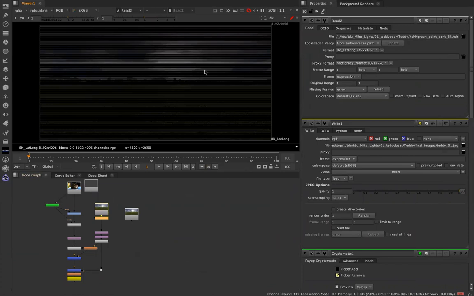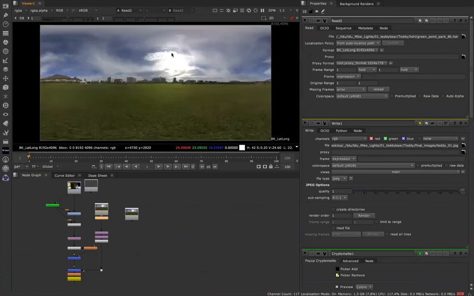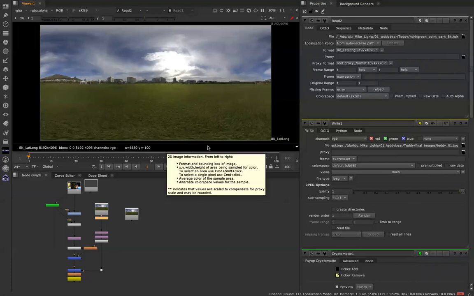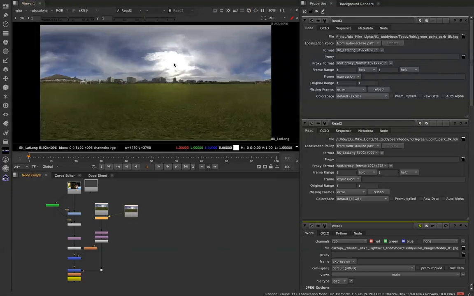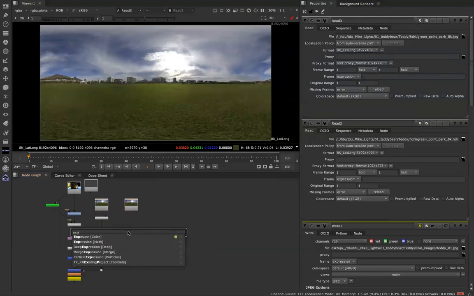Basically, an extended pixel range is a lot, like if you watch just down here, if I hover over the sun, you can see the values go up to like 100 or 50, or they go super high, right? This is the exact same image over here to the side where this is capped off at 1. So this is a JPEG. And what I want to say is that when you are working with this file,